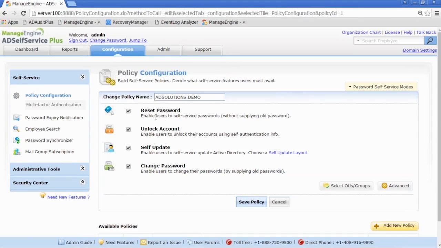So are we going to let the end user reset their password, unlock their account, do updates to Active Directory objects, and even change their password? So these are your options that you have for the user to have the ability to manipulate. And you'll see that 3 of them are related to passwords. Now, the difference between resetting their password and changing their password is this simple concept of whether or not they need their old password. The resetting of a password is they do not need to supply their old password. Or changing their password, they must supply their old one. Okay? Now, this is what you get to define.